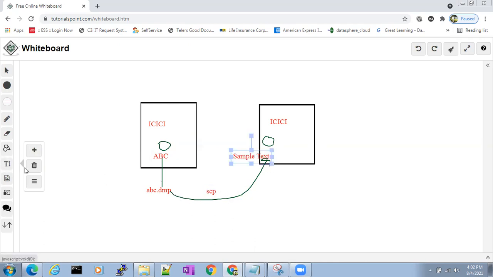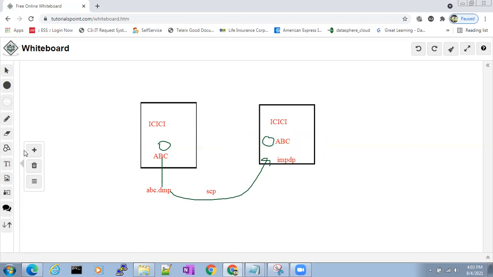exported, and then what we did? We did IMPDP. And which schema have we imported? We have imported the same ABC schema.